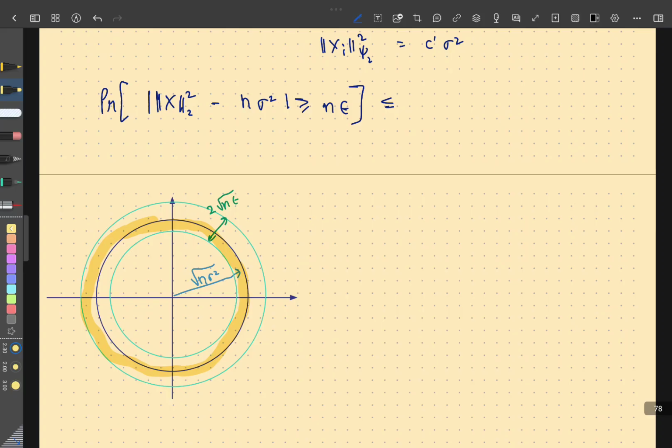I can choose this epsilon to be arbitrarily small. The order of thickness of this shell is still of the order square root of n, but I can control the thickness using epsilon and make it arbitrarily small. Even then,